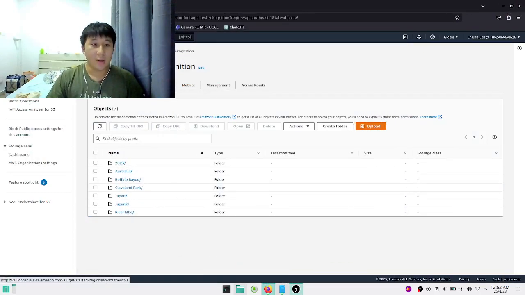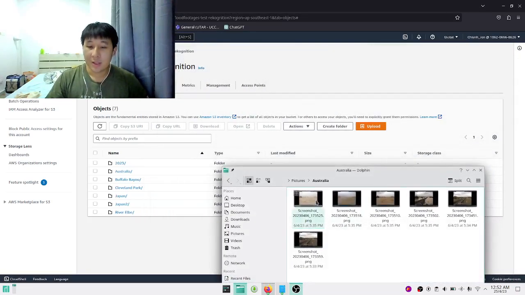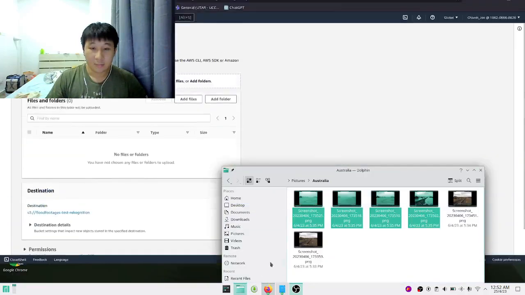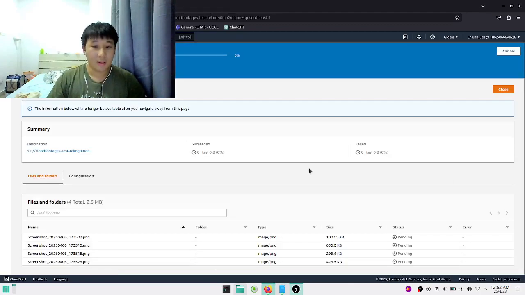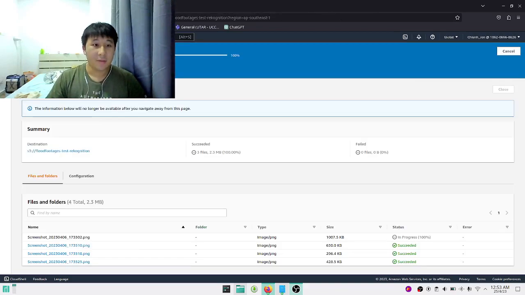Here we have our S3 bucket, and we can proceed by simulating some of the footage that will be collected by the camera. Pass it on to here and then upload all the images. While waiting for the upload, I would like to show you the SNS service, where this will be the topic of our SNS. And here a subscription has been created using my personal email. Hence, after the function in the Lambda has been completed,